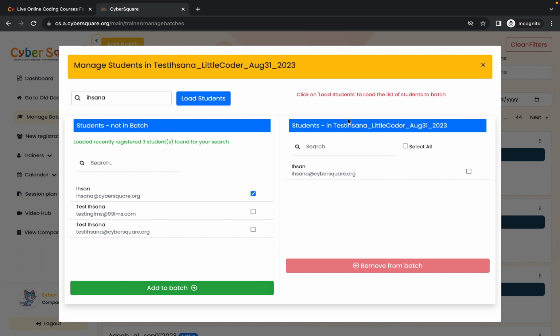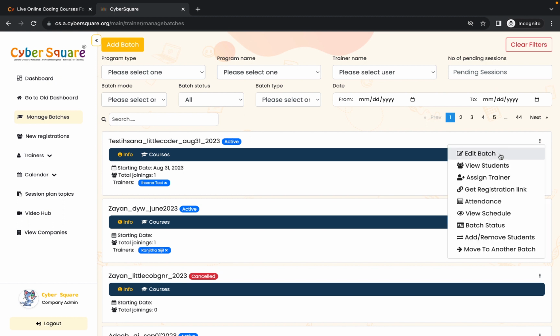Okay, so if a student is removed from this batch, then the course to which the student is assigned will be removed. And also if a student is added to this batch, then the course will be assigned to the student. Okay, so if you want to move any student from this batch to another batch, you can go to the